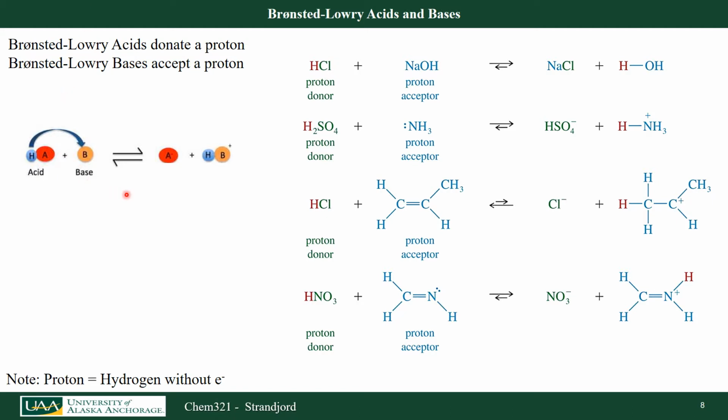This diagram shows a cartoon representation of a Bronsted-Lowry acid-base reaction where the acid contains a proton that it wants to lose and the base accepts a proton. So in a Bronsted-Lowry acid-base reaction, molecule A loses a proton and molecule B gains a proton, as seen here in the products. Notice in this case, I actually have a positive charge now on my base. That is not always the case. Let's now look at some examples of